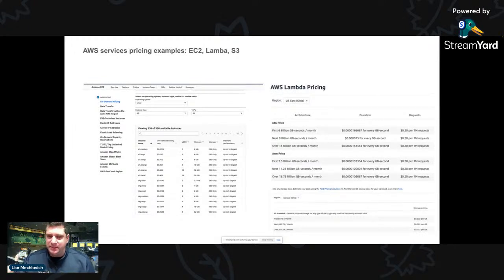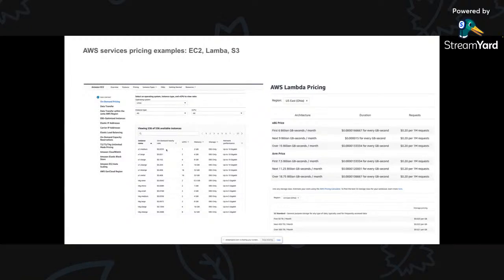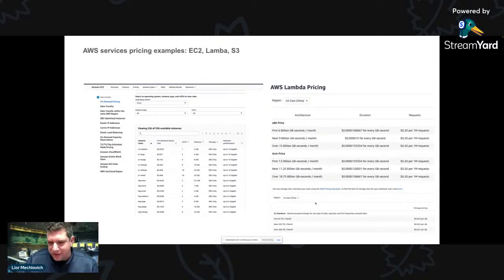But it's all usage based, meaning we really need to instrument the stack, every service. This is just a little example of EC2 here, and then Lambda here, and then S3 here. All types of different pricing schemes, very detailed per instance type, how much memory, and if it's Lambda, how much time it was, and X dollars for X number of million requests.